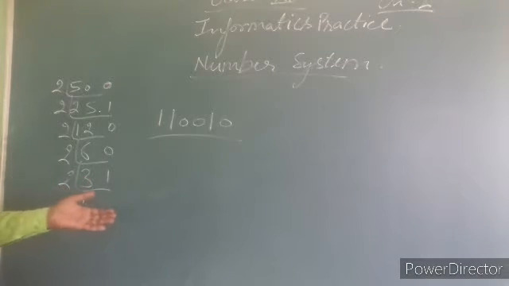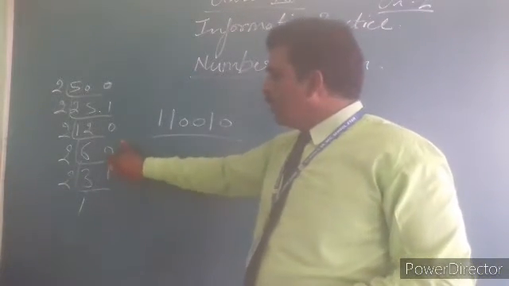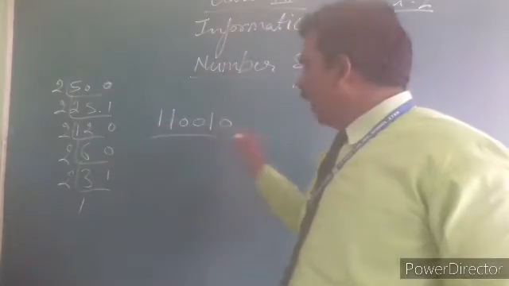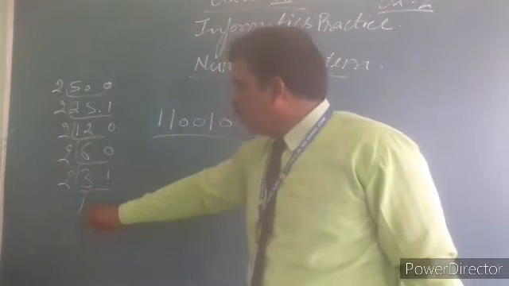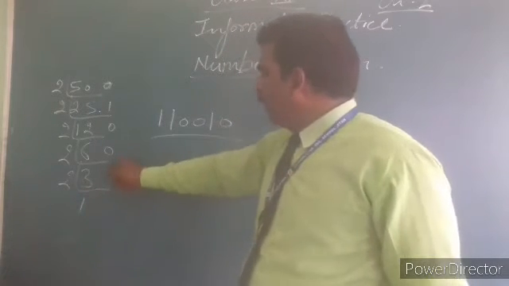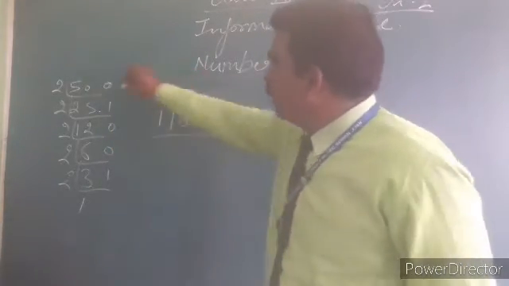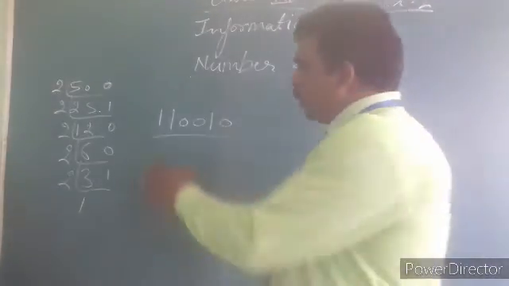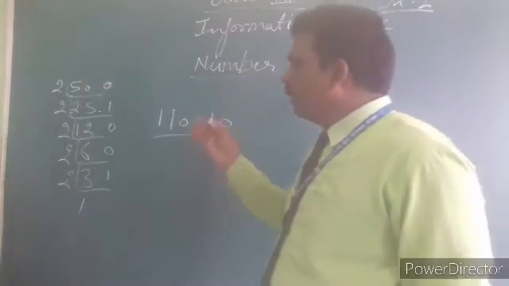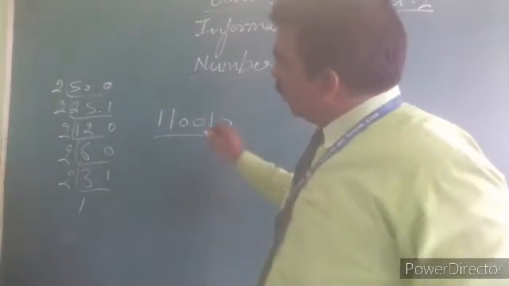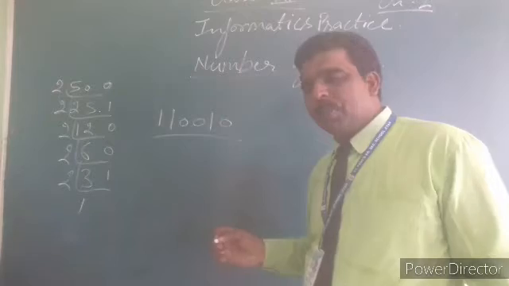Actually this number occurred in front of you, 1 1 0 0 1 0. So that will be written from this side only. So here I am giving you the points: 1 is written, then 0 0 0 0, then 1, then 0 at last. So this is the conversion of the decimal number to binary number. You know that a binary number comes in the form of 0s and 1s.